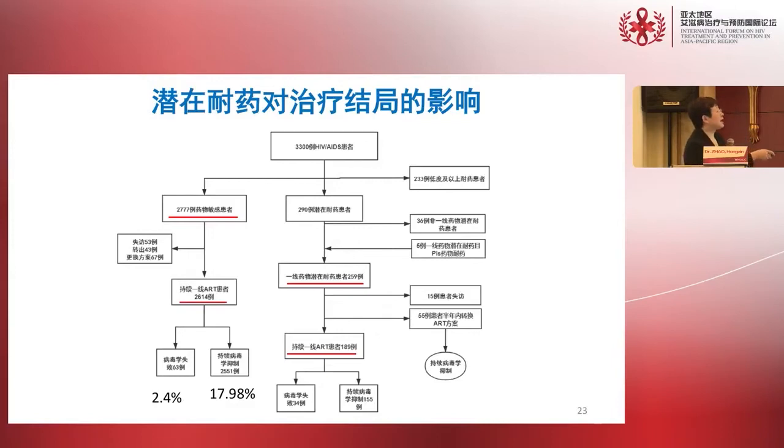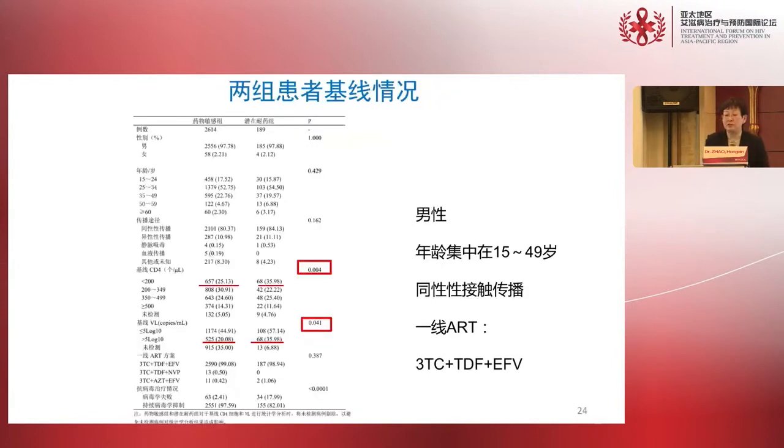And among these kinds of cases, in the 189 cases with continuous or ongoing first-line ART, 34 cases had a virologic failure. The failure rate is 2.4%. There is a significant difference between the two groups. So here you can see that